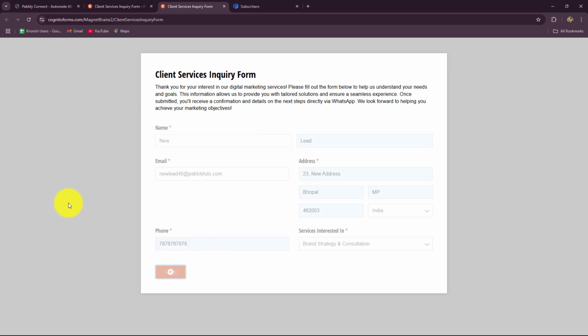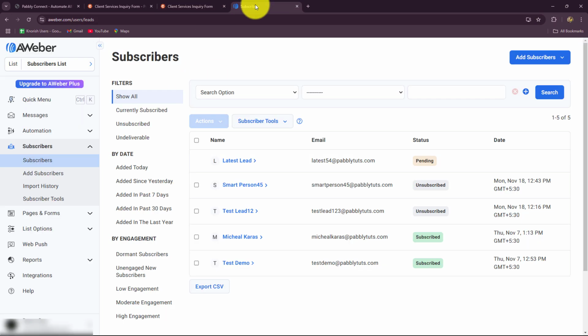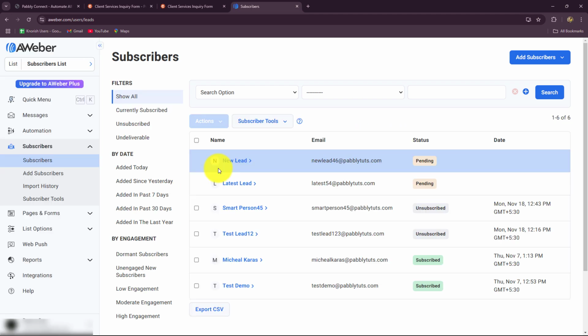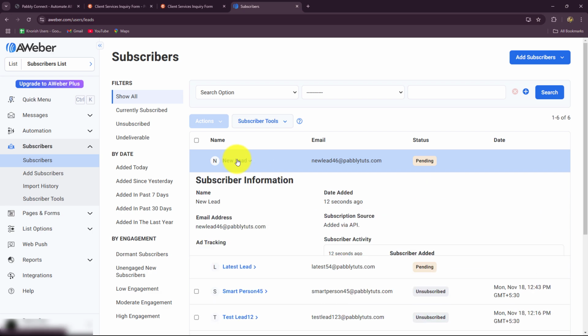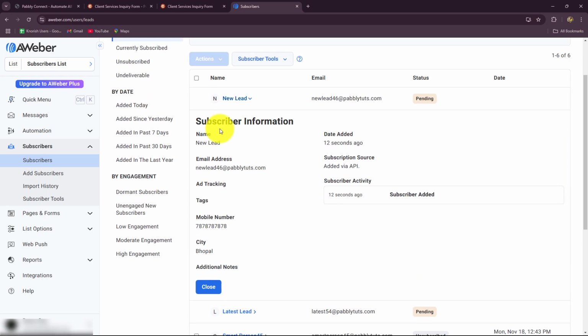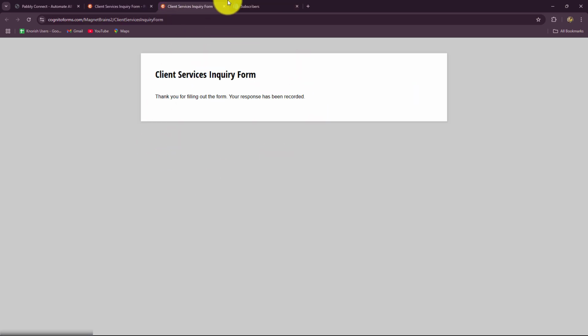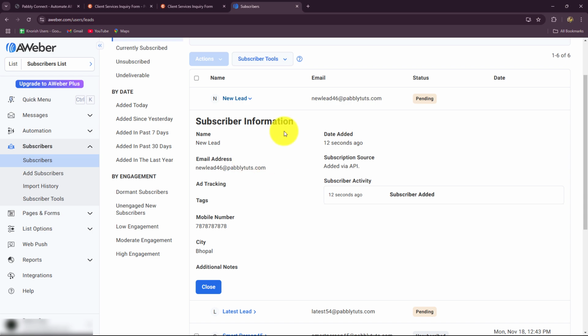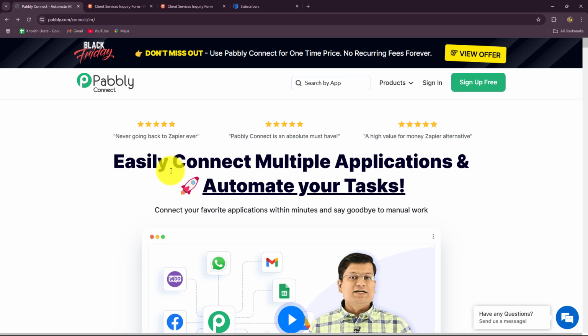When I'm going to submit this form, I will take you towards AWeber, and over here when I'm going to refresh this email list of mine, we can see that yes, automatically a subscriber is added over here with the name as new lead. When I'm going to open the subscriber, we have all the exact details over here. So in this way, the automation is actually going to work. As soon as the form will be submitted, the client will be added as a subscriber in our email marketing application AWeber. So let's start creating this automation with the help of Pabbly Connect, as Pabbly Connect helps us